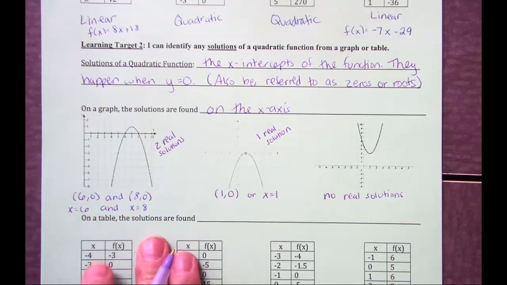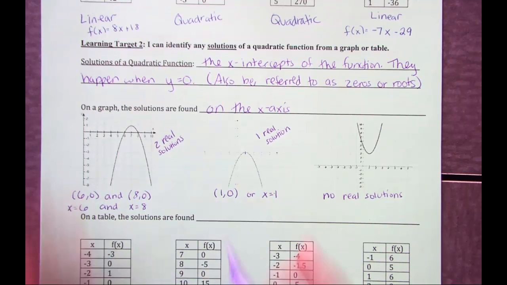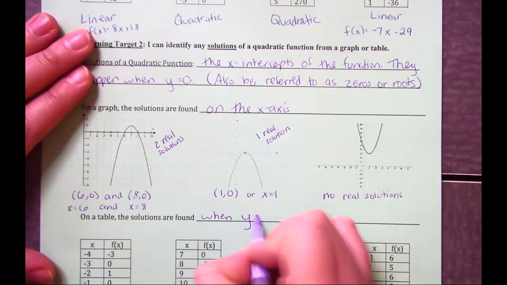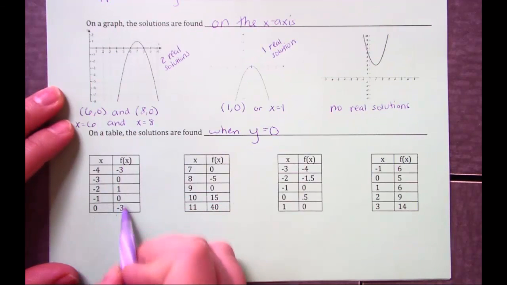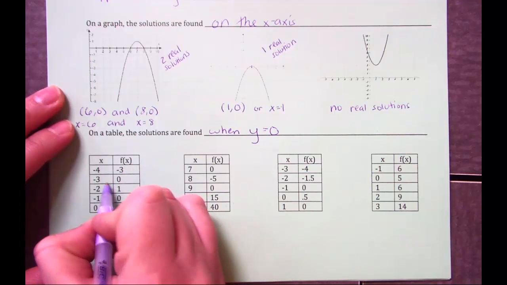On a table, we know that the solutions, since they're the x-intercepts, that means they happen when y equals 0. And so that's easy to see on the table that the solutions are found when y equals 0. So I'm going to look down here at these tables, and I can see that y, remember the f of x is the same as y, I can see that y is 0 right here